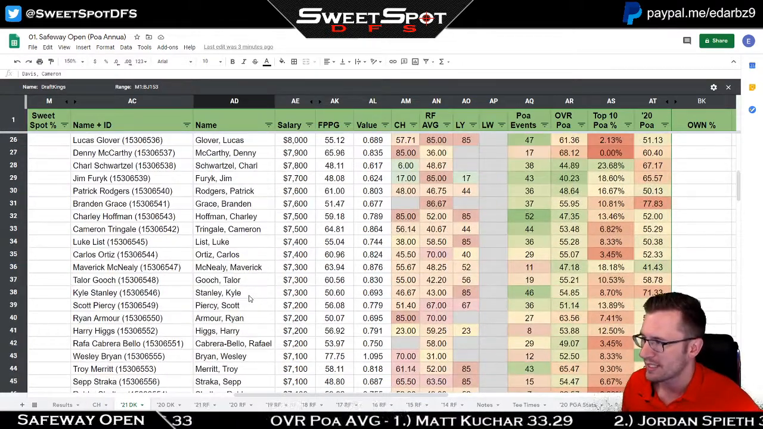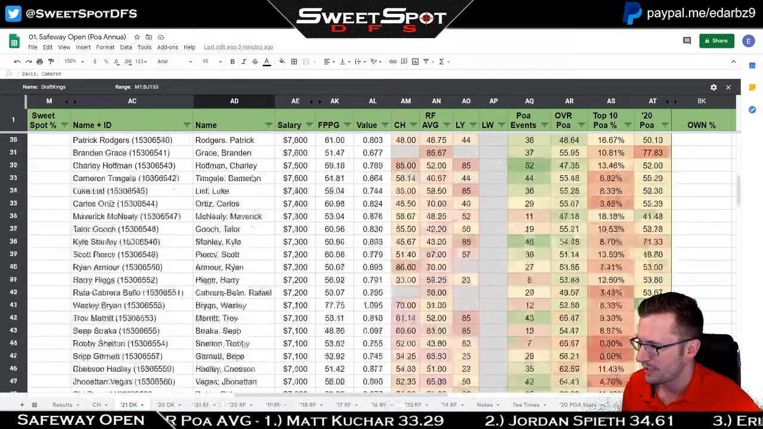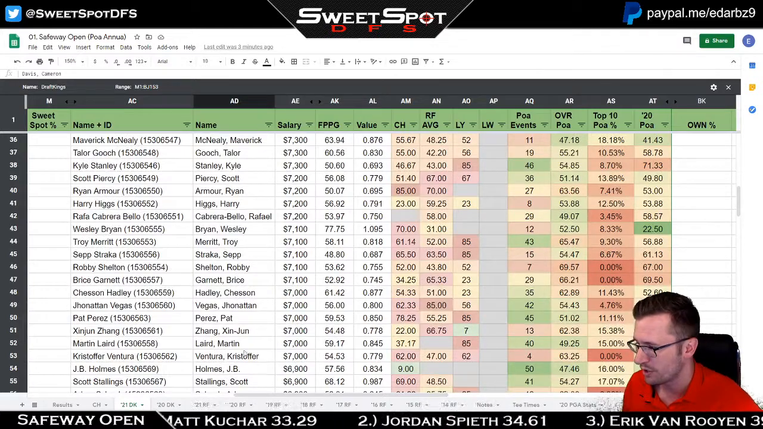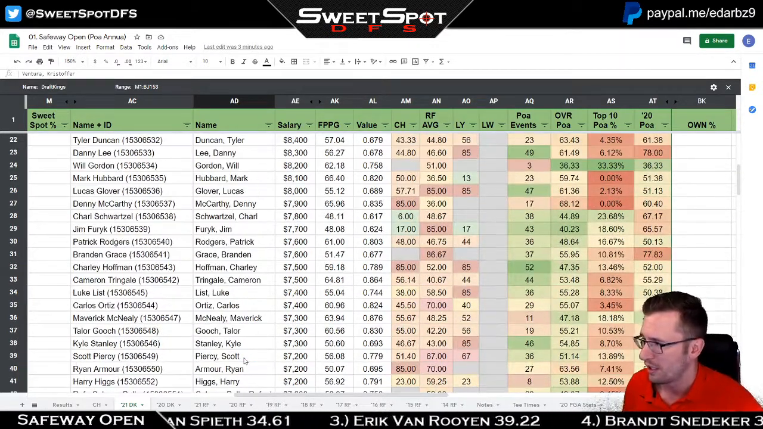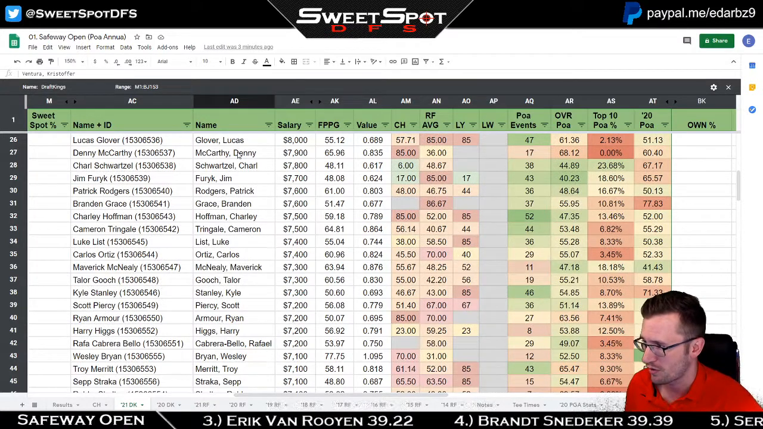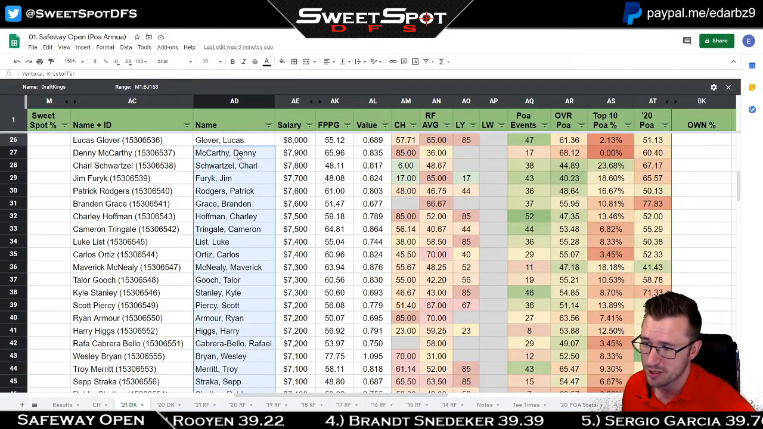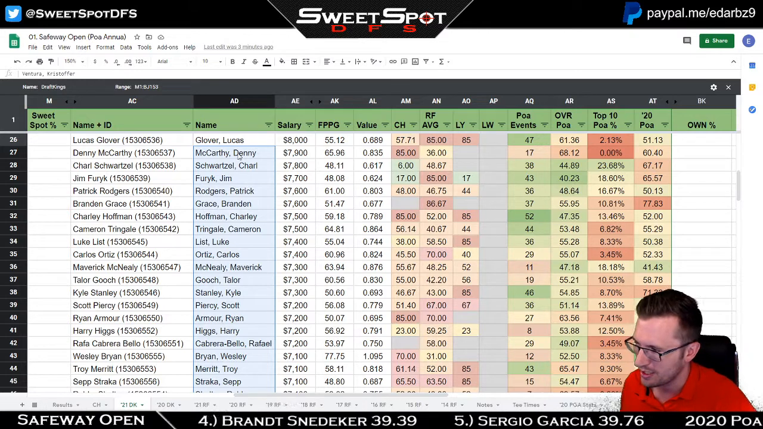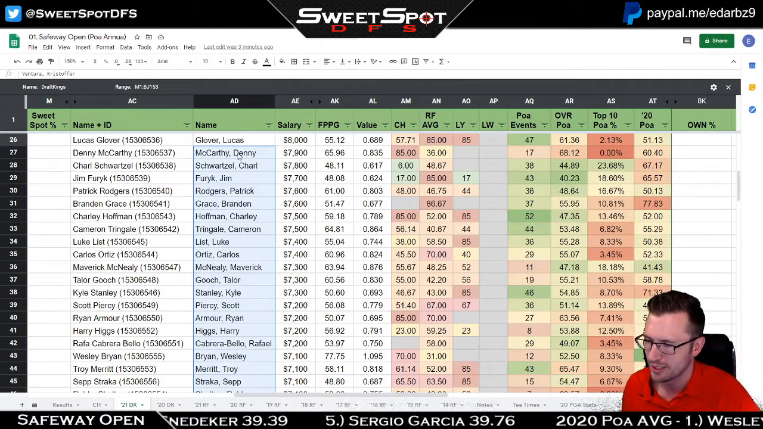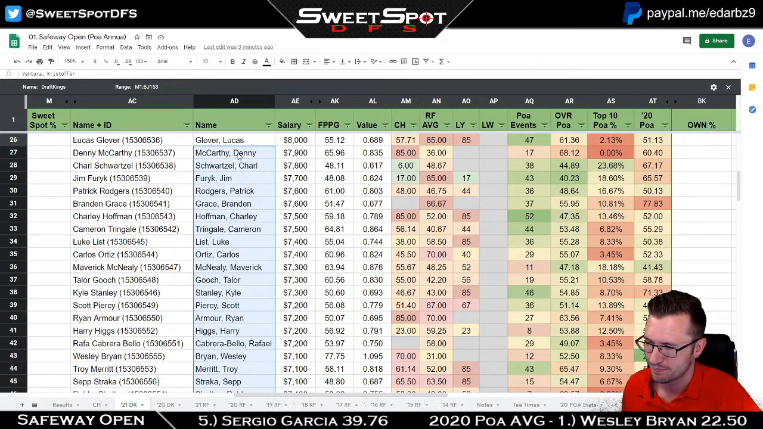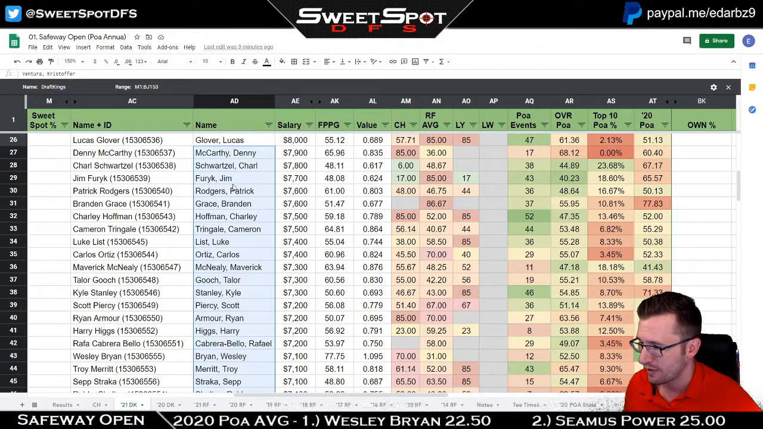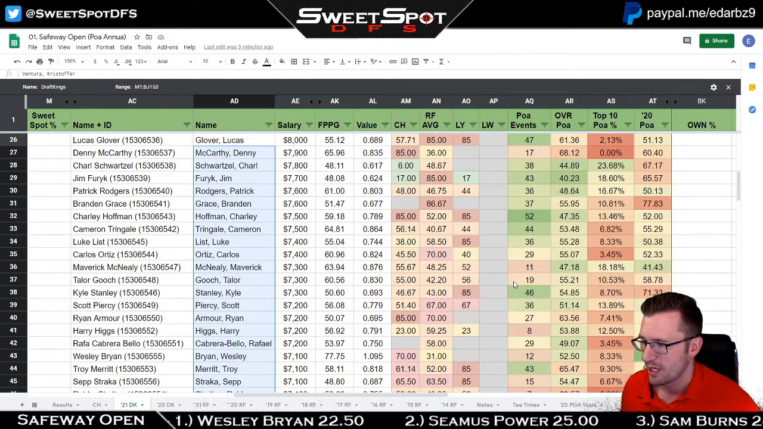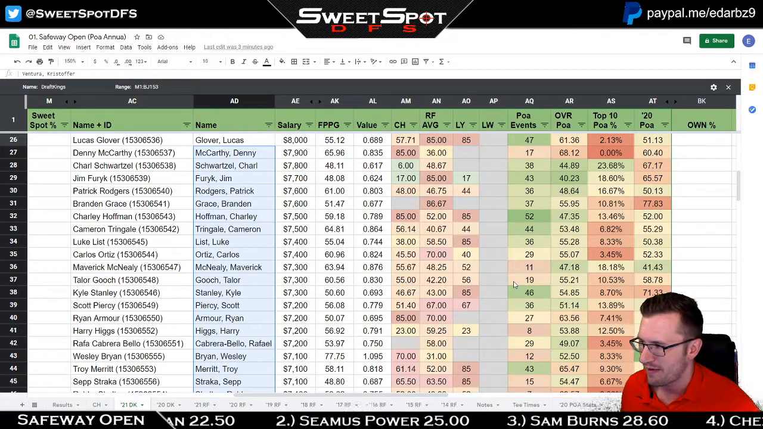Going down to the 7K range. 7K range is pretty large. Goes down to Christopher Ventura up to Denny McCarthy. So last time we saw Denny McCarthy, pretty good. Actually, I'm not going to talk about each player. If I was going to pick a player from this range, I would have to say my favorite